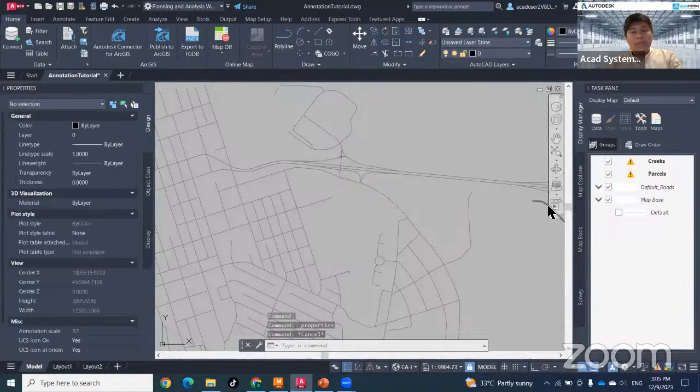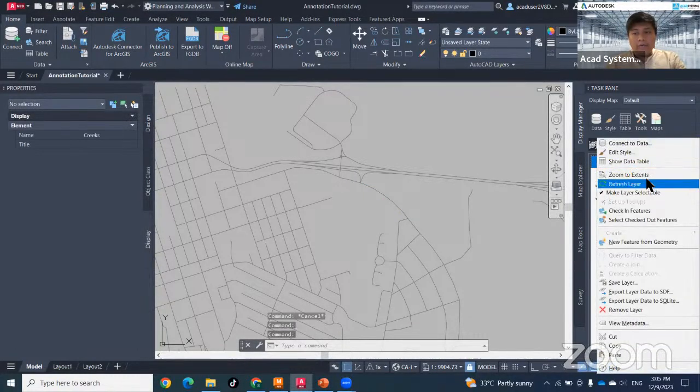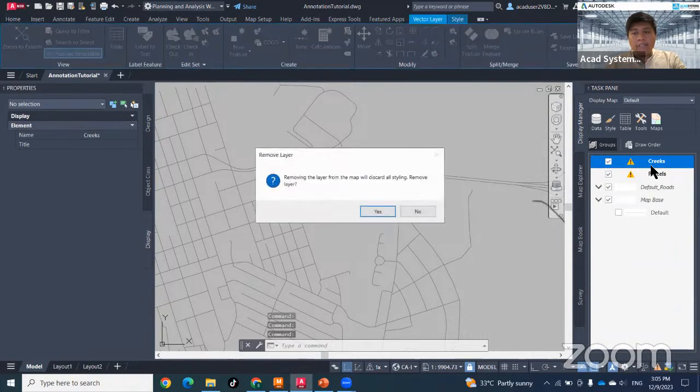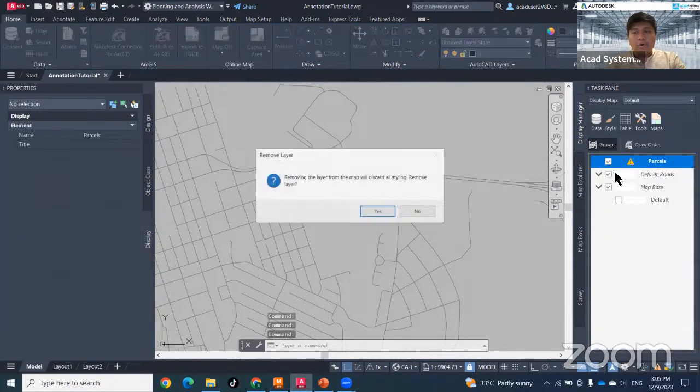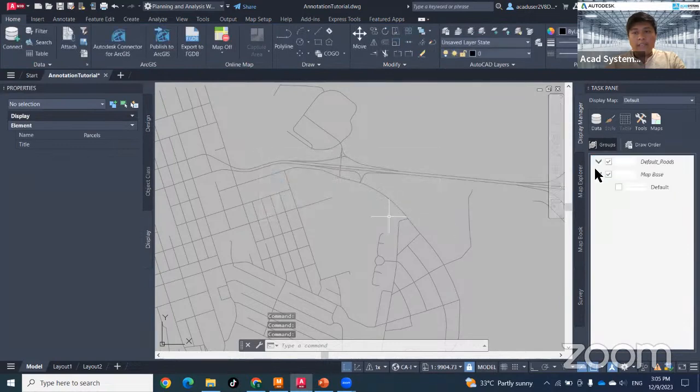Okay, to work with the data, so what can I do? Since my drawing already has data, I can just right click and delete the layer here. On this area, we also call it a layer. Okay, so to insert or convert the data, I can hit on this Manage Data Content,